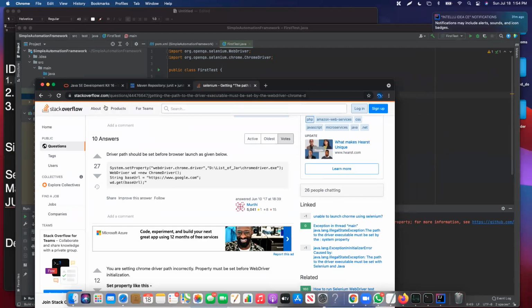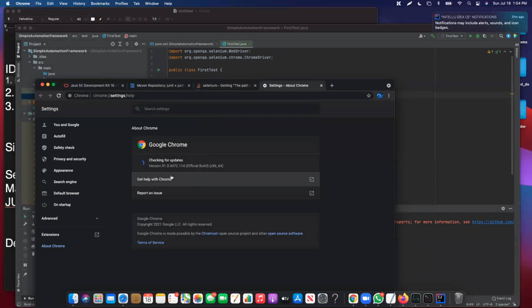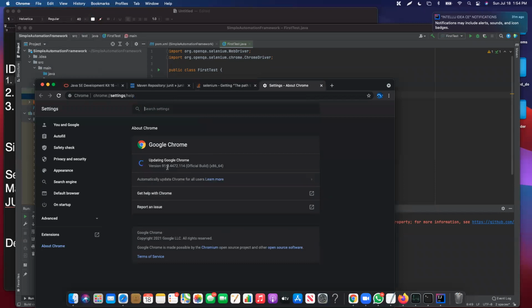You need to align the version. You want to find out what version of Chrome you have. I got version 9.1. Okay, so I'm going to then go to Google,